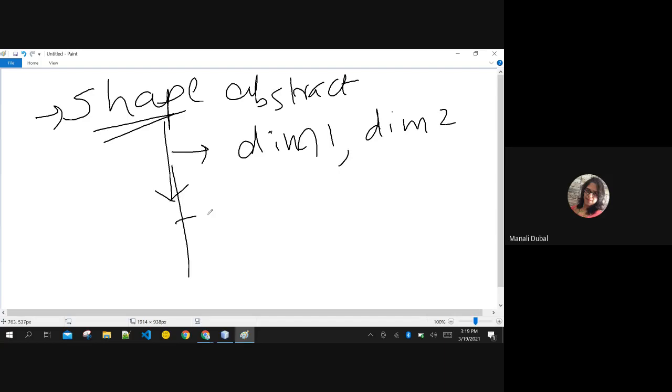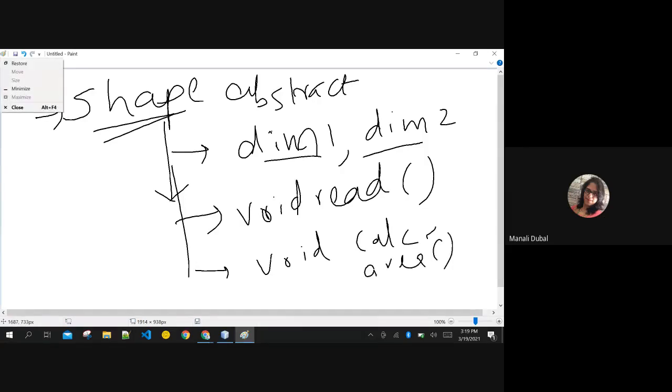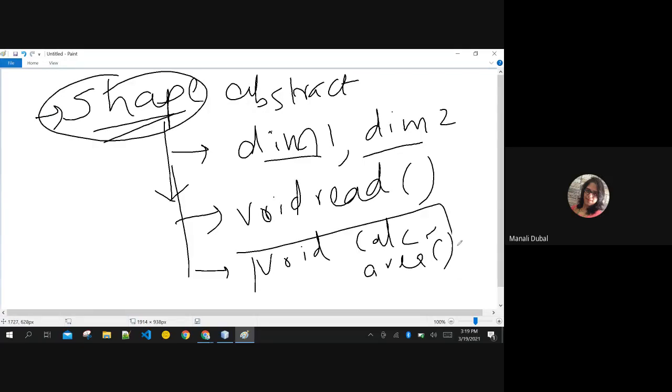And secondly, in this class, I am creating functions. The first function is void readDimensions, for inputting the values of dimension1 and dimension2. Second, void calculateArea, to calculate the area of that shape. Calculate area, right? Now, if you think about it, if Shape is the abstract class, then the calculateArea function